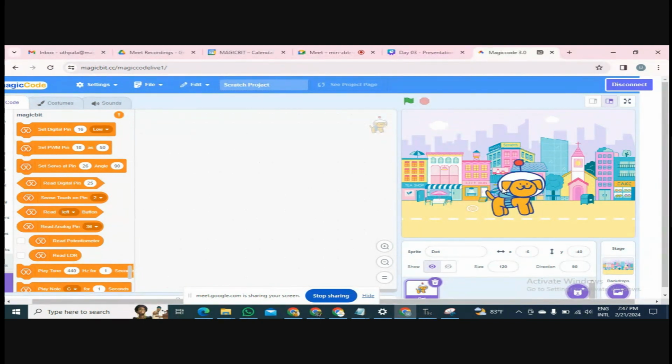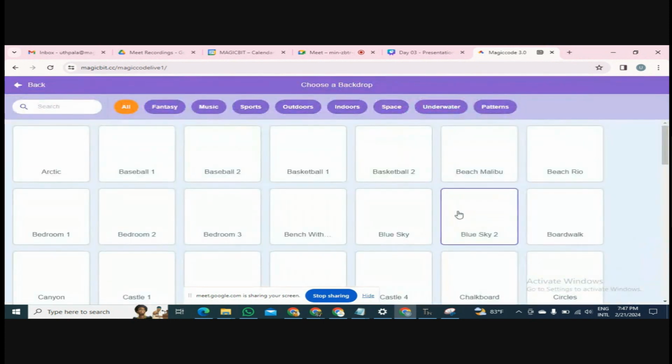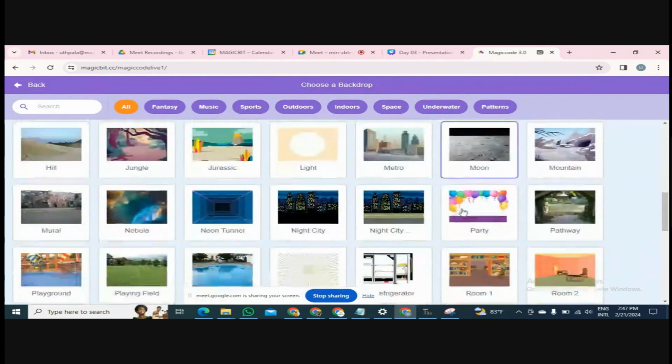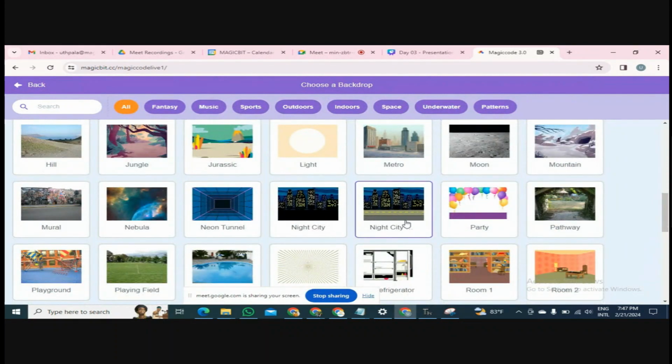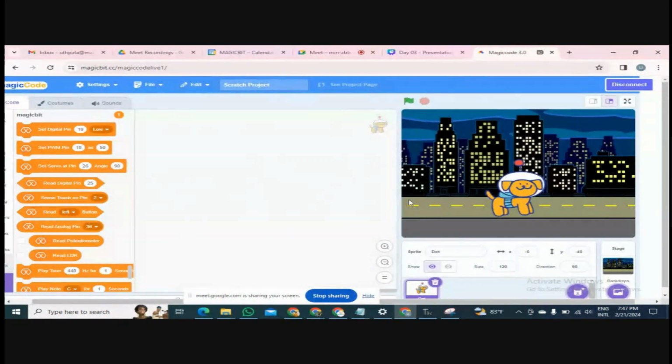And to indicate that it is nighttime, I will choose another backdrop. I will use this night city. There are two night city backdrops. You can use anything. Okay, I will use this one, the night city with the road. Okay, now I have two backdrops. After selecting the preferred sprite and uploading the suitable backdrops,